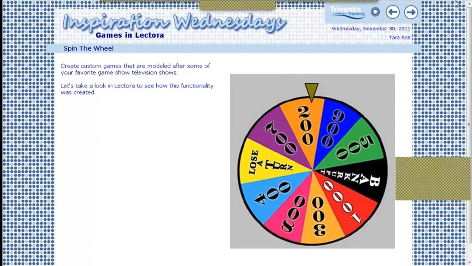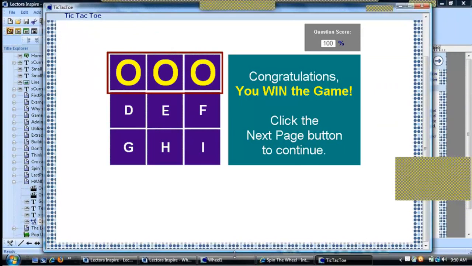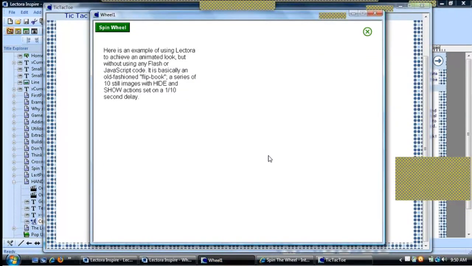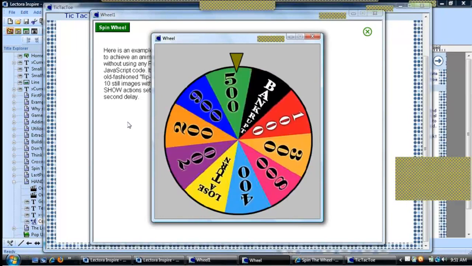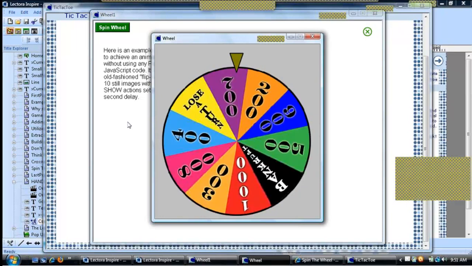So let's take a look at an example of the spin the wheel idea that we have here. And this is an example of Lectora and how you can achieve an animated look, but you're not using Flash, you're not using JavaScript. So what I want to show you here is how we can create this functionality where we're simply using hide and show actions to create this look of a spinning wheel. So let me go ahead and show you what I mean. When I select spin wheel, you're going to